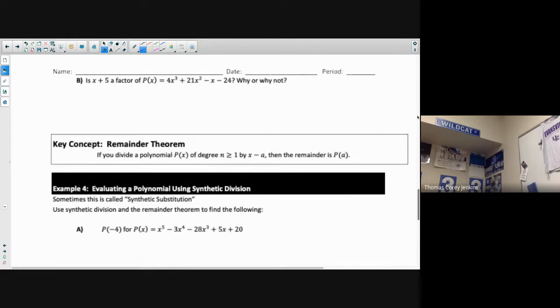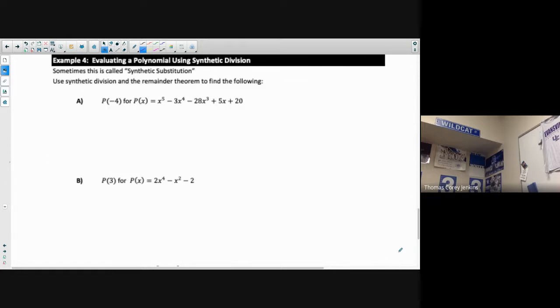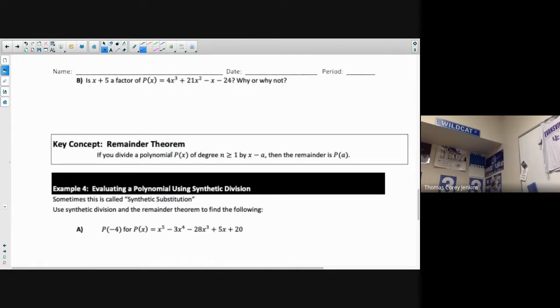Okay, so the last application of this is the remainder theorem. So this helps you evaluate a polynomial using synthetic division. Okay, so here's how that works. Well, let's just read the remainder theorem. Okay, so it says if you divide a polynomial p of x of degree greater than 1 by a linear factor, then the remainder is p of a. Okay, so again, we're looking at the remainder. All right. So in other words, back to what we just did there,